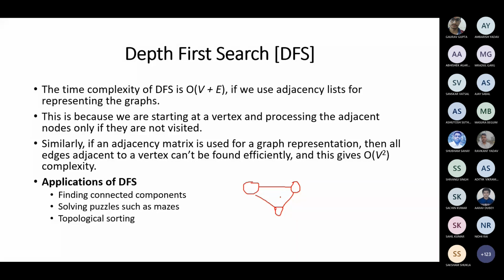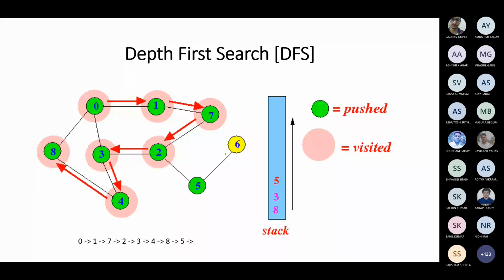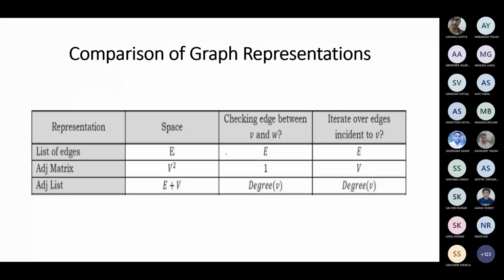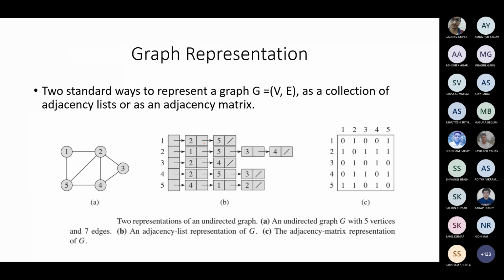Okay, but for this representation, I told you that you are representing this graph in terms of a linked list or a matrix. It depends on how you are implementing your graph. If you are implementing this graph as a linked list, then you are making all the vertices and all the edges and you are visiting all of them. Then in that case, the complexity will be order of vertices plus order of edges, worst case.